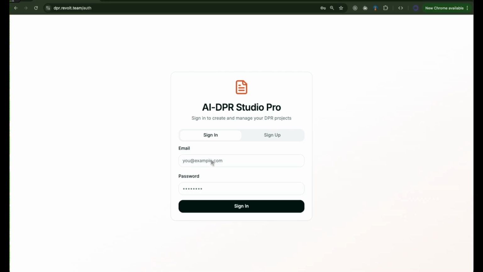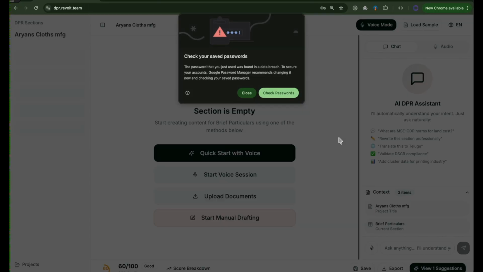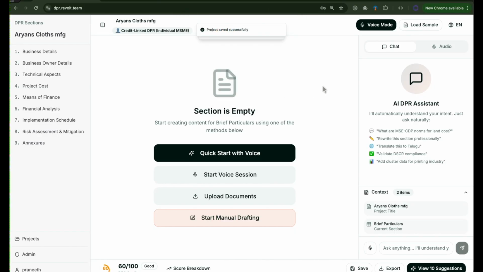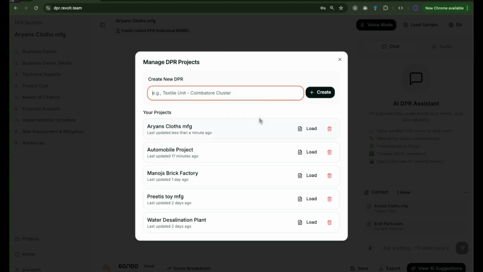So now let's go through the product demo and let's log in. Once you log in, this is the interface where you can create your own projects. Let me first start a new project